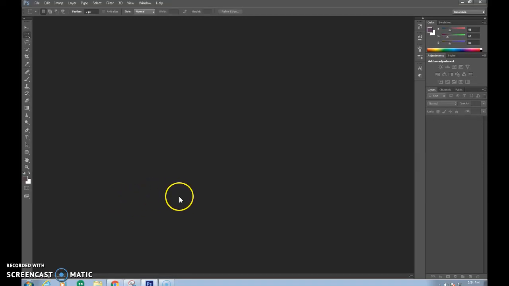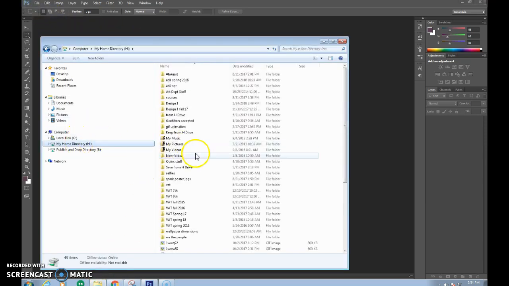This video is to go over how to create the Less is More in Photoshop for visual art and technology. We are going to start by making sure you have a folder of images that you can choose from in